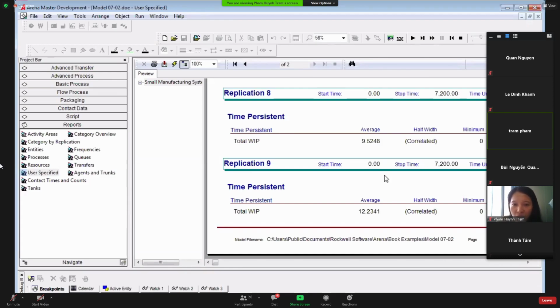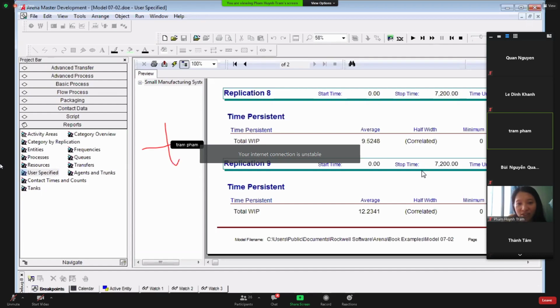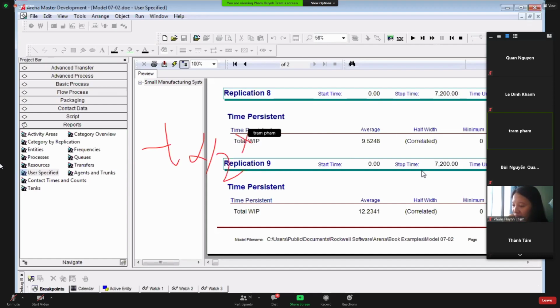And for the report, we see the average value, the minimum, the maximum, and the half-width value. We already mentioned the half-width of the confidence interval yesterday, right? How do we calculate the half-width of the confidence interval? It is t alpha over 2, anyone still remember? I multiply with